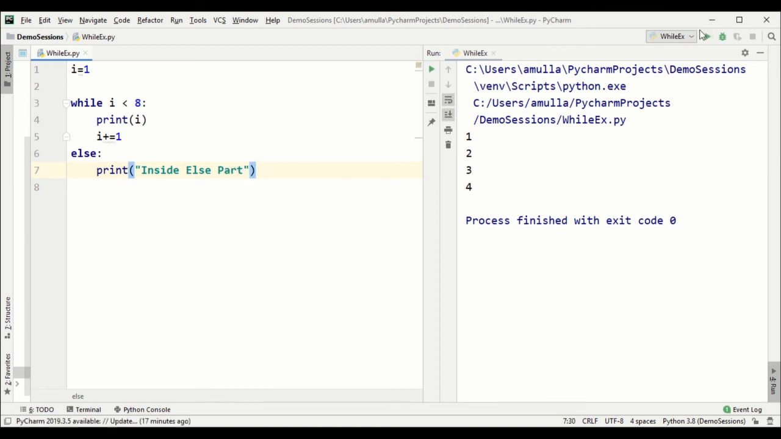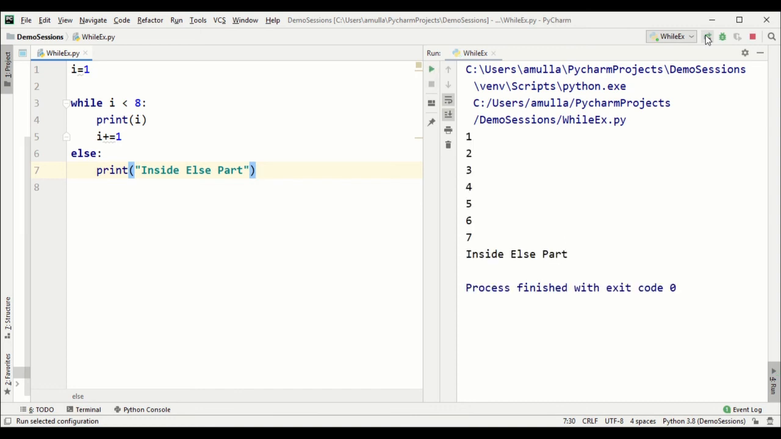Okay, let's execute. So after 7 it goes to 8, like it goes to the else part. Okay,